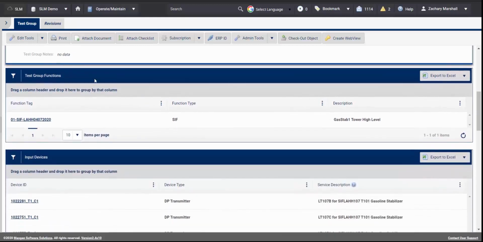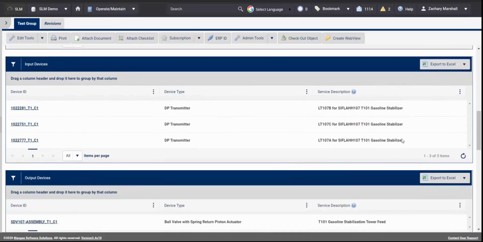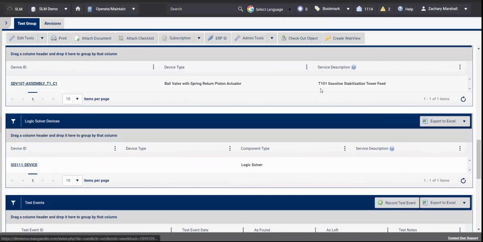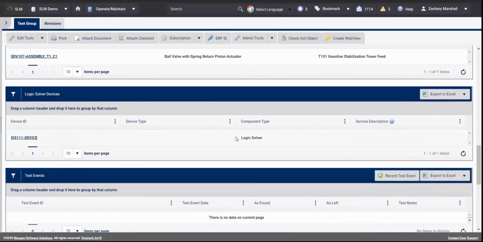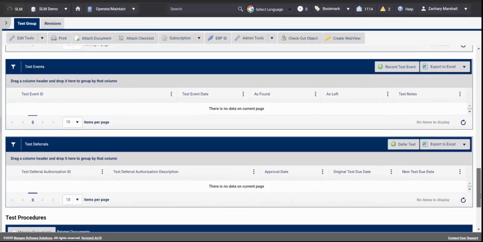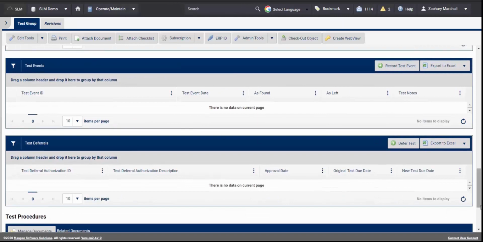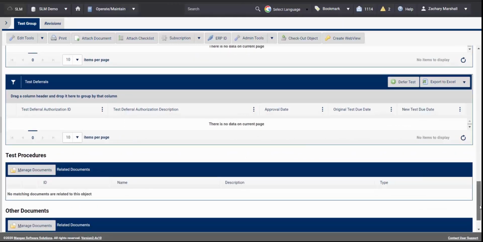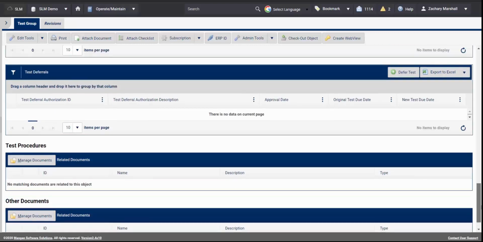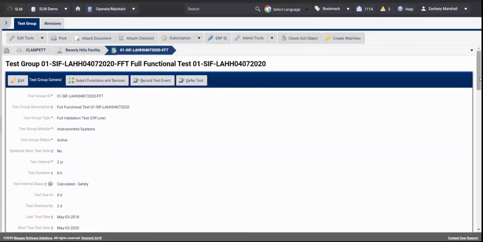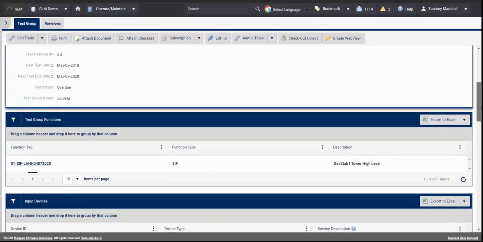So down below I can see it's a SIF, and I can also see those SIF's inputs. You've got DP transmitters here, and I can see the output device is a ball assembly, and then I can see the logic solver device. So all of these are on the same test interval of 2 years. No previous test events have been created, no deferrals, and no attached test procedures or other documents here. So what I can do is, let's say that I want to go ahead and defer this